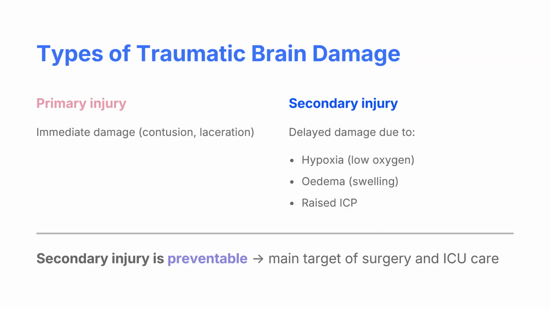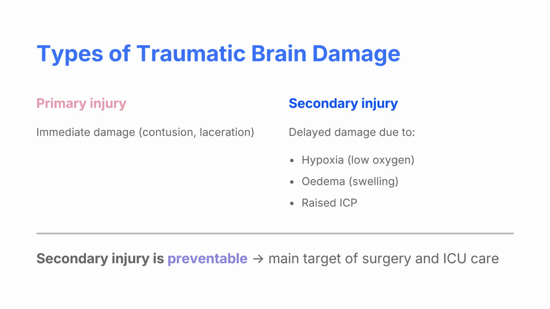So primary injury occurs immediately; contusion and laceration will happen. Secondary injury develops later due to hypoxia. Due to a primary injury, secondary injury happens. The injury might be hypoxia, edema to the brain, or increased intracranial pressure, and these secondary injuries can be prevented with appropriate surgery or physiotherapy. Okay,